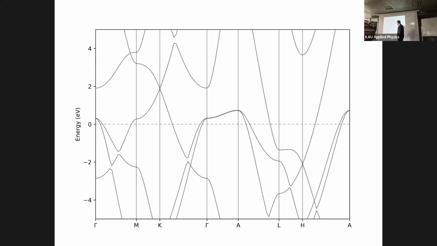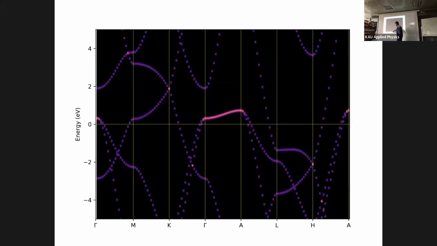The other difference is that the distance between these points is the same, because it is 20 points each. If you want the distance in the same proportions, you have to take the coordinates in the Brillouin zone and take the number of key points accordingly. For example, if this is twice bigger than this, you should take here 40 points and here 20. So you should play with it. But our goal was not to get the ideal plot.